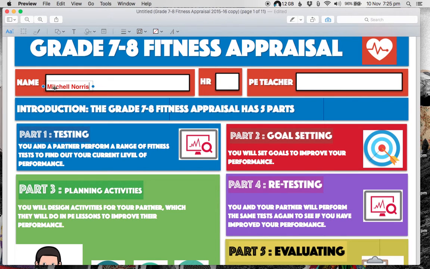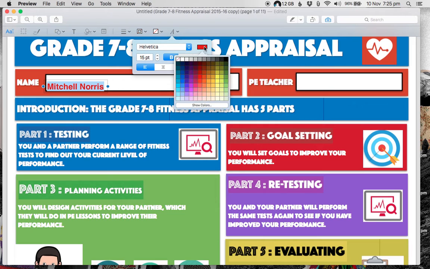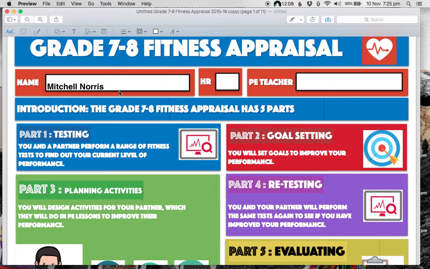your name in. You can edit your text here by changing the size and color of your text, and you can see you can move the text box around to wherever you like. I can add multiple text boxes and move them where I need to go. You can see